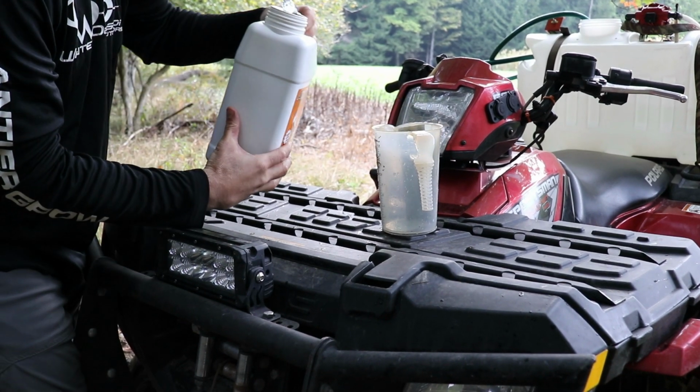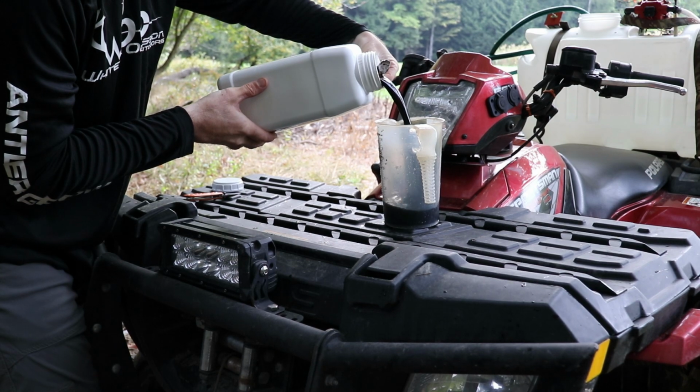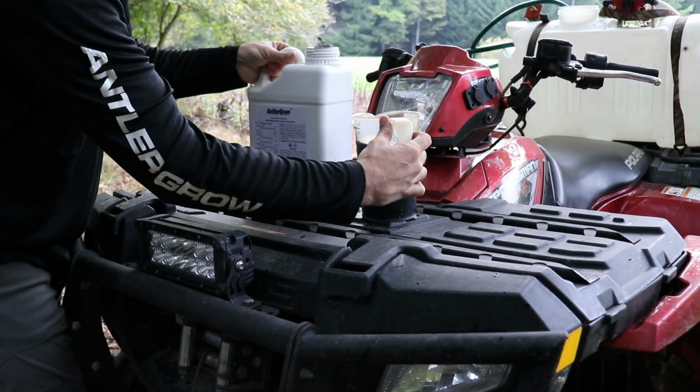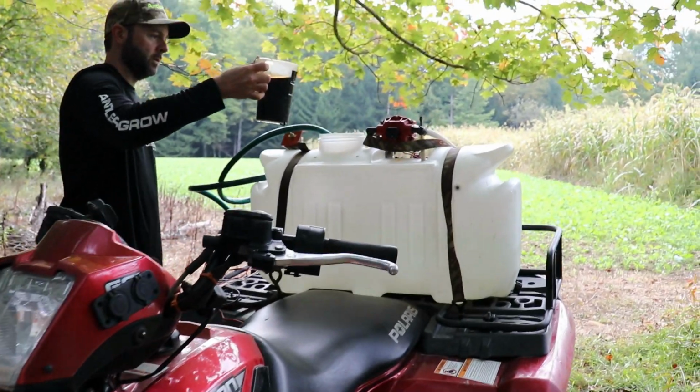Since Chris failed to mention it, we're using Antler Grow. Antler Grow has a sticker and surfactant in there. We've been using this for about 5 years now, and the reason we use it is because it already has that sticker and surfactant in it, and it's